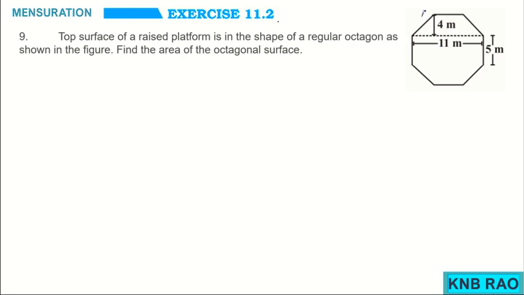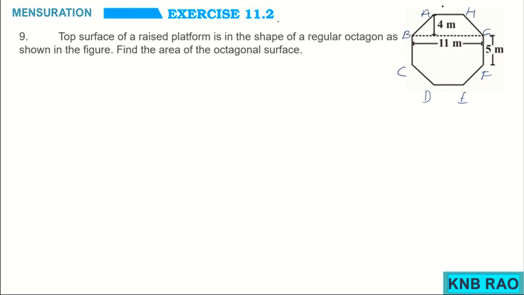So let us name it first. I am naming it as A, B, C, D, E, F, G, H, octagon. Now, A, B, G, H is a trapezium, very clear it is, and AH is perpendicular to this 4 meter, even BG is perpendicular to this 4 meter. Because if I extend AH, it becomes a side parallel to BG.